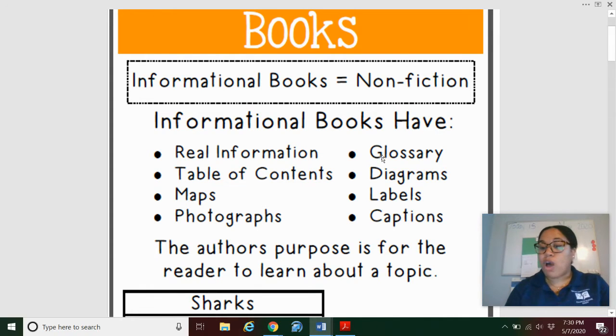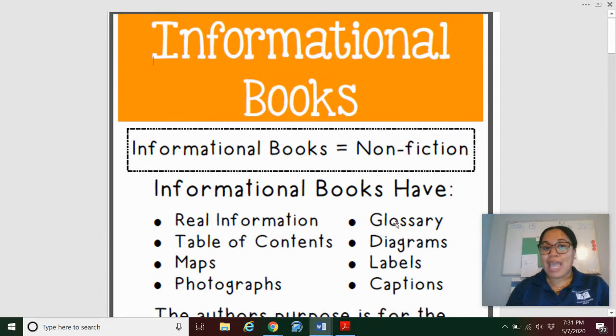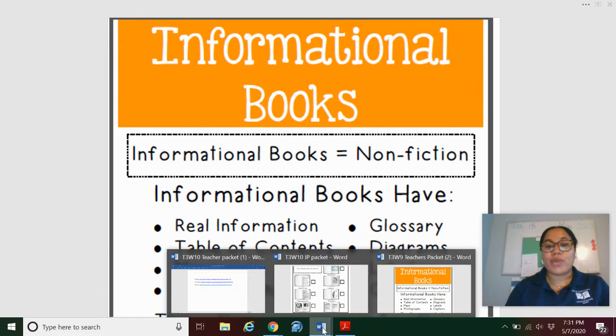Sometimes you'll find a glossary. A glossary tells you what certain words mean in the book. If you don't know it, you can look in the back in the glossary. Sometimes it will include diagrams, labels, and also captions. Captions explain what the photograph is. Okay? So today we are going to be doing a